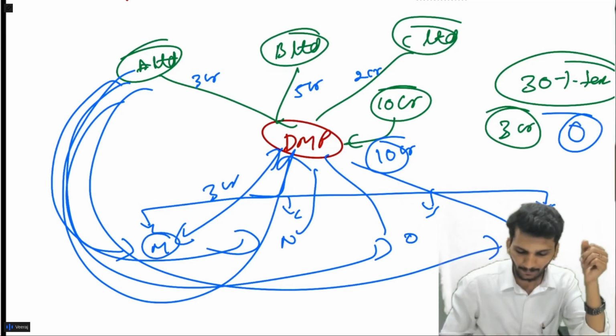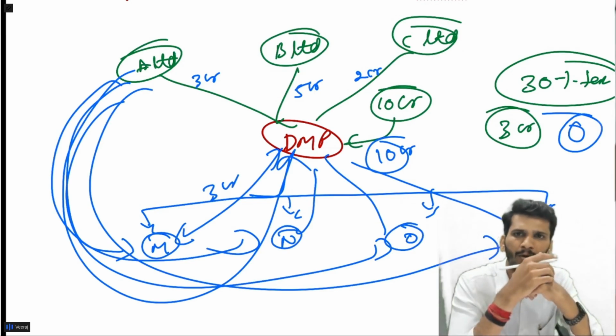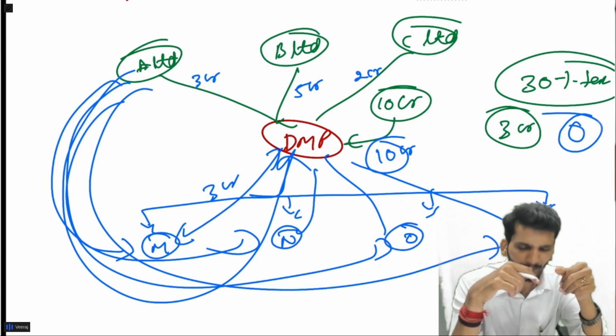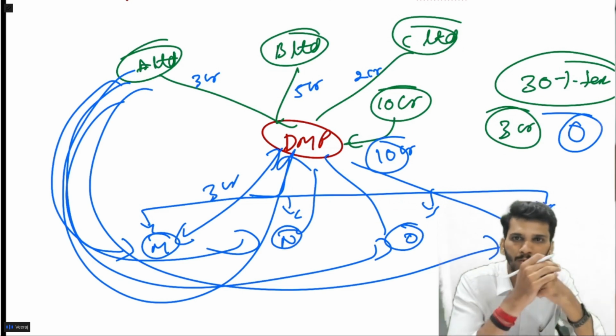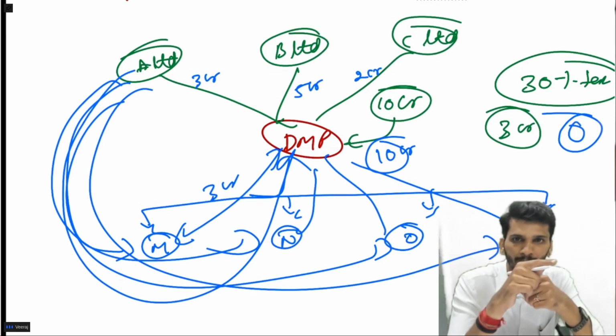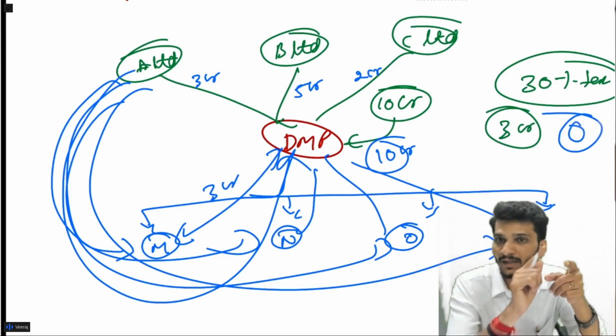You formed MNOP. Yes, I agree, the company is separate from its members. But tell me, why was this company formed? Is this company selling any goods, buying any goods? Is it doing any transactions? Then he said no. That means I assume these following four companies are formed only for the purpose of avoiding